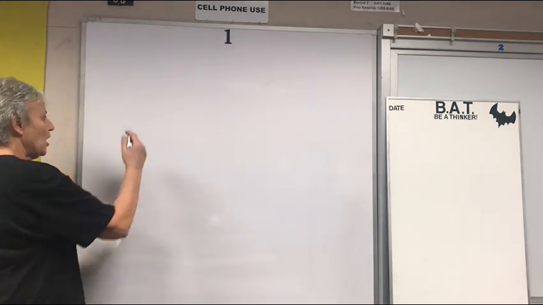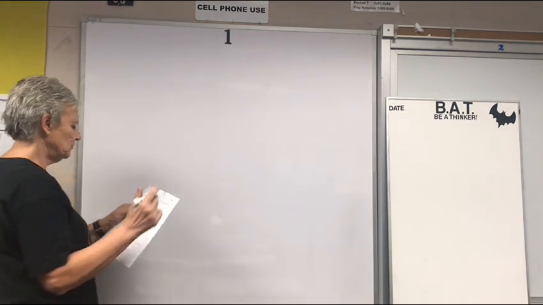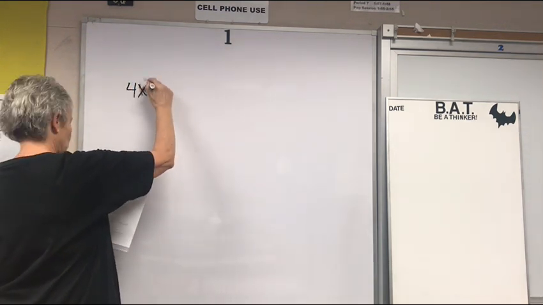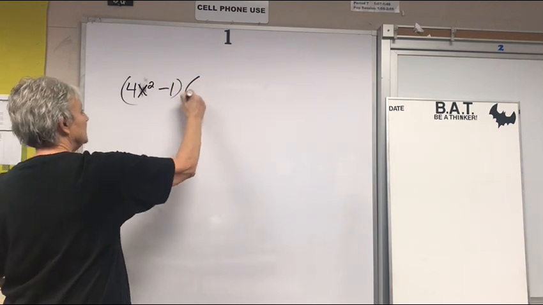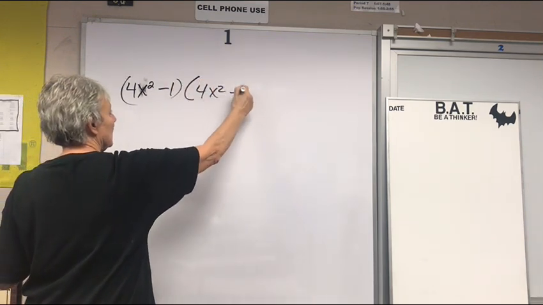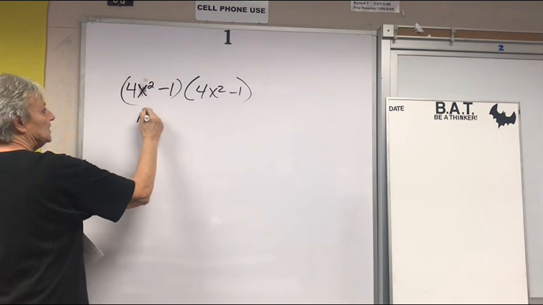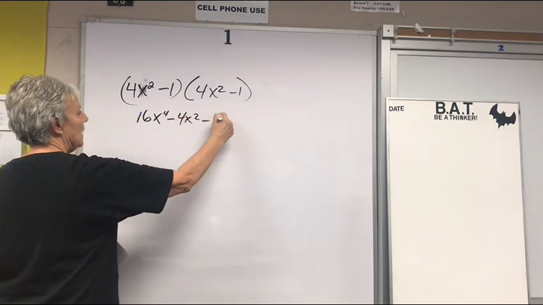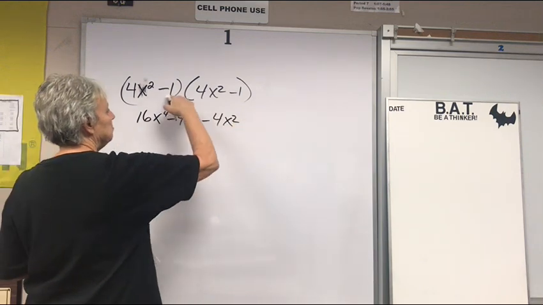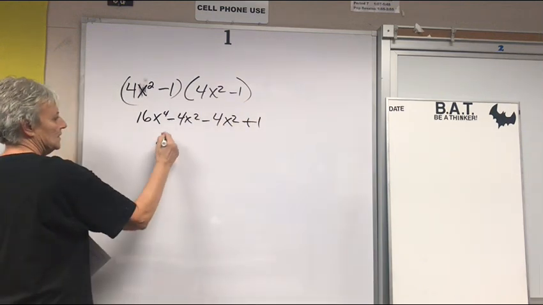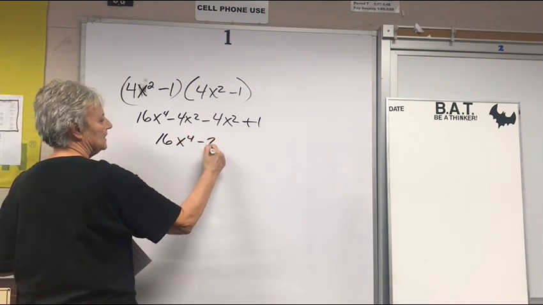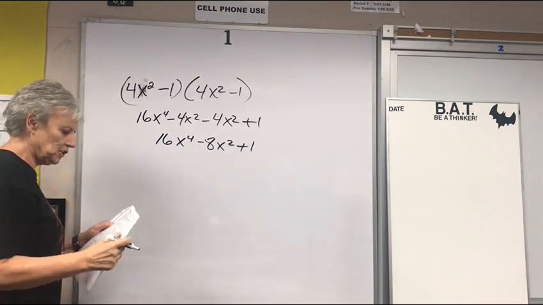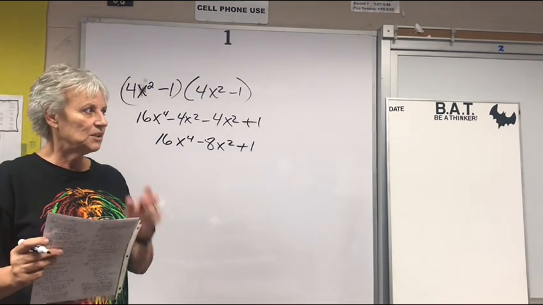The area of the large rectangle, it's actually a square, is 4x squared minus 1 times 4x squared minus 1. That's 16x to the 4th minus 4x squared minus 4x squared plus 1. 16x to the 4th minus 8x squared plus 1. That is the large square, which is